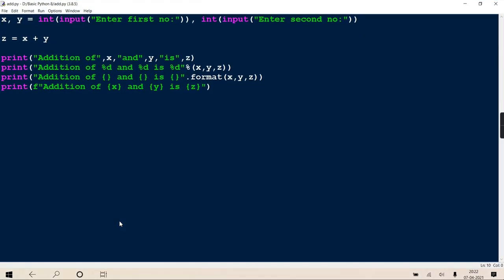Clear? Okay. Now this was a very systematic way we did. We accepted, then added, and then printed. This whole program, can I write it in one line also? Yes, you can do it.